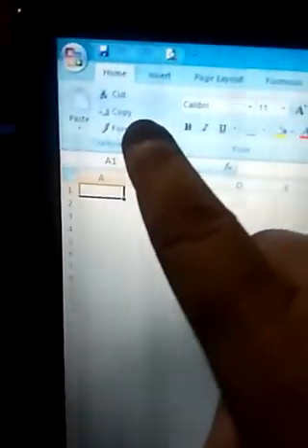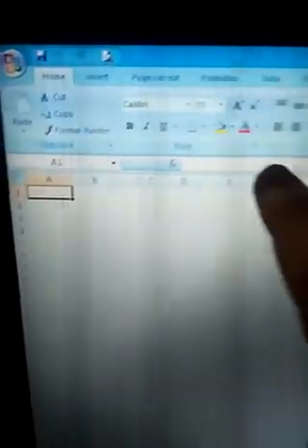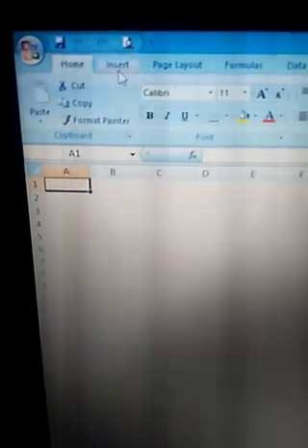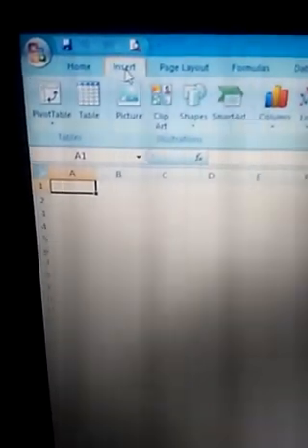Then you have these tabs. Different tabs are there, and you can easily see them. These tabs are connected with the ribbon, so we have different options in the ribbon. If we click on Insert, you will see that the options change. Now we have different options available here in the ribbon.